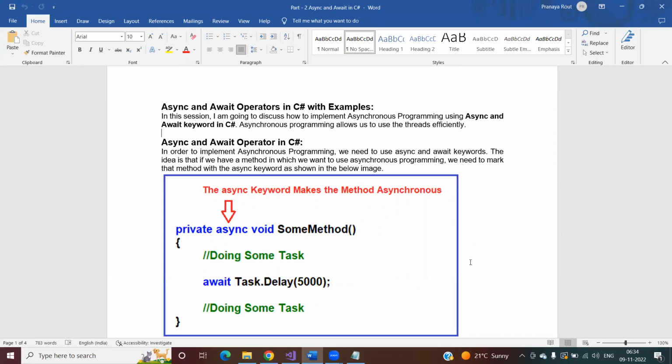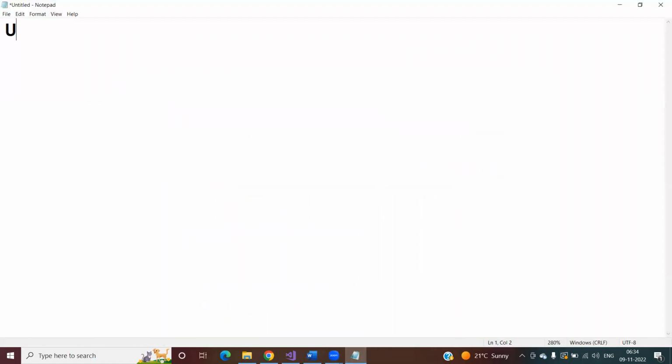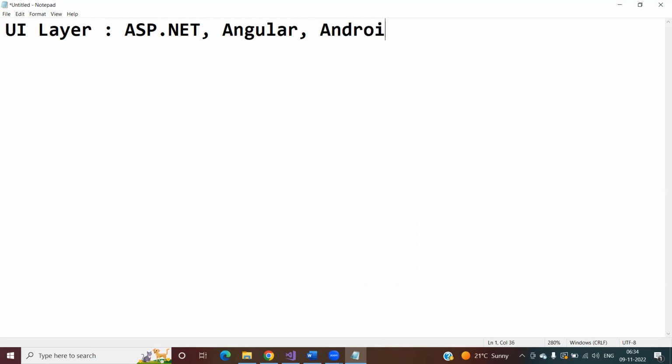Suppose generally if you talk about the application, the UI layer is there, which can be developed using ASP.NET, or it can be developed using Angular. It can be your Android app, it can be your iOS app, it can be your React, etc. So different types of UI layer. This UI layer will call your web API service, which can be called your RESTful service,